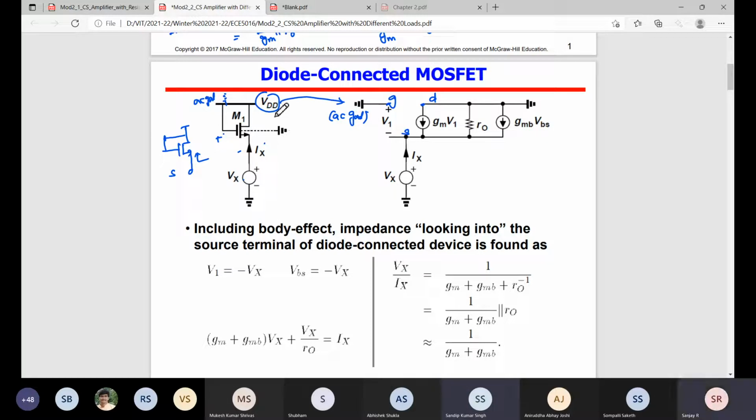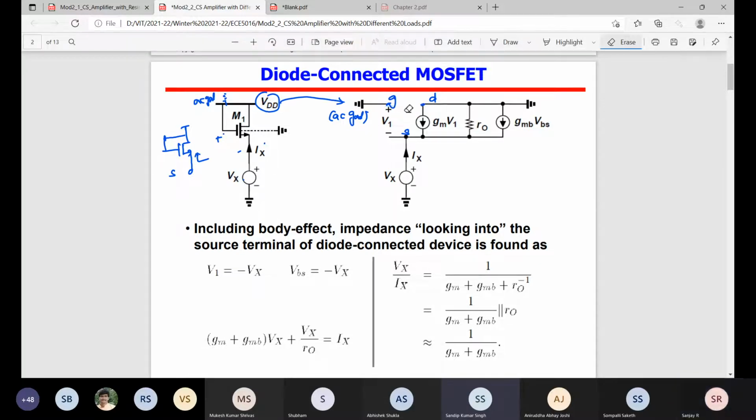Fine. So drain terminal, you can see gate and drain are AC grounded. So that's what you can see here also AC grounded, or simply you can connect a short here. Here instead of shorting, it is already grounded there. That means internally shorted only, because here also AC ground. So gate AC ground, drain AC ground, both are there. Then the remaining thing is drain to source resistance. Then whether the body effect is here or not, whether VBS is 0 or non-zero here.